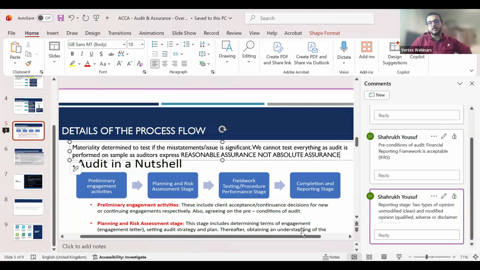Now there are three different types of modified opinions. Think of them as three different categories within modified opinion. You can express a qualified opinion, an adverse opinion, or a disclaimer of opinion. A disclaimer basically means you're not expressing any opinion at all. You are saying we are not expressing